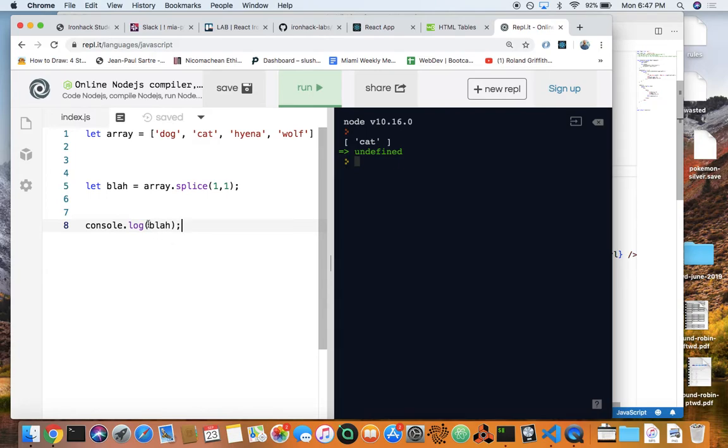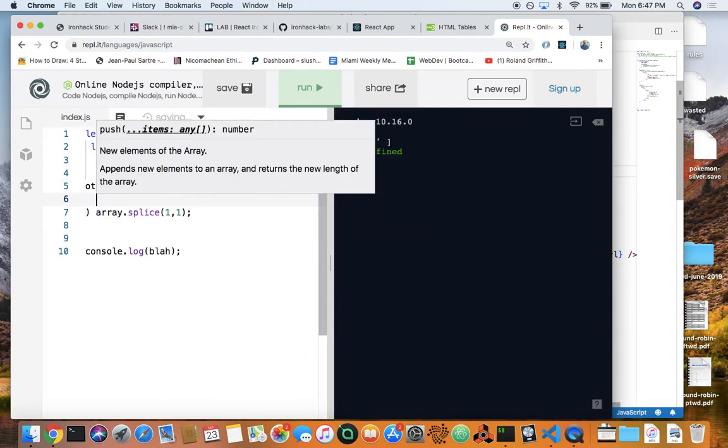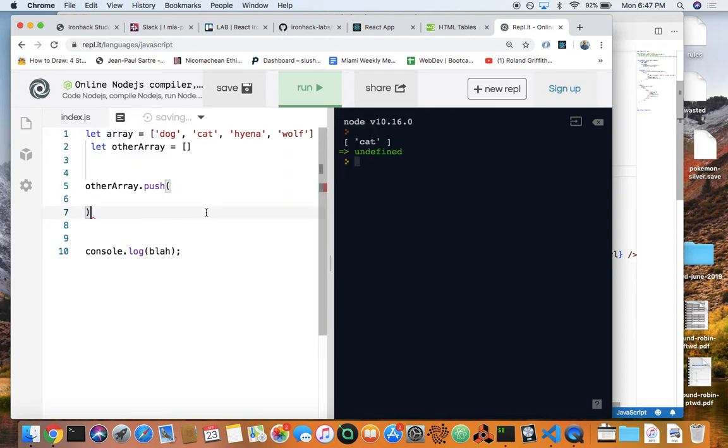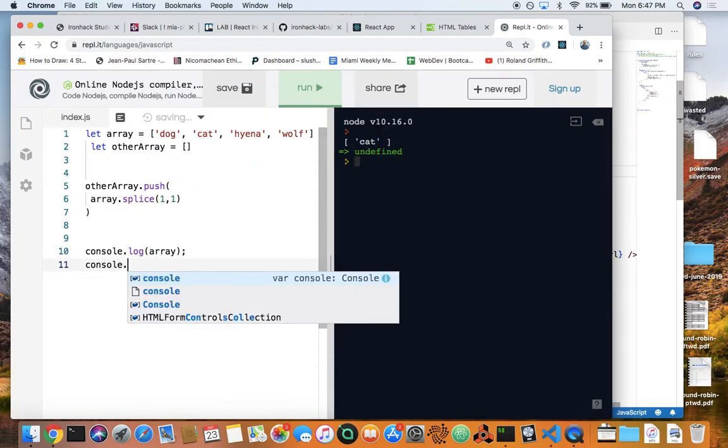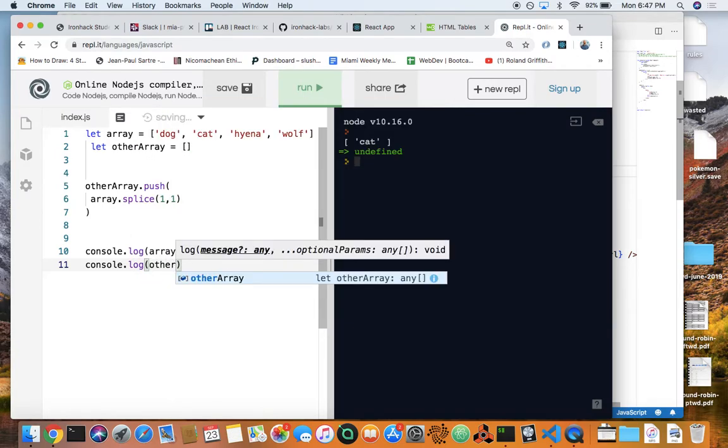So in other words, you can do this. If you have let other array equal this empty array, you can at the same time, very fancy, remove one from the array while putting it into the other. You can say other array dot push. What do I want to push? The result of the first array dot splice. So if you then console log array and console log other array,